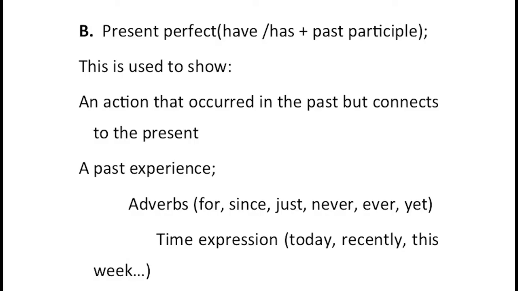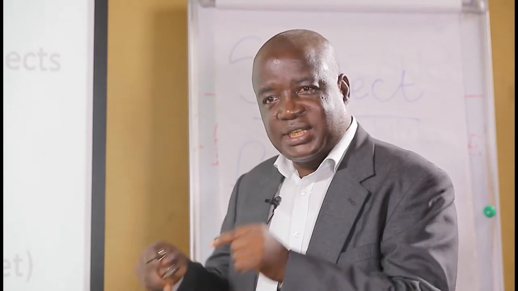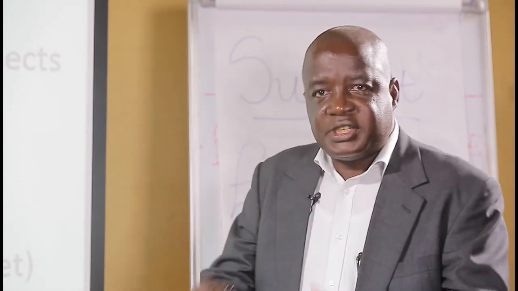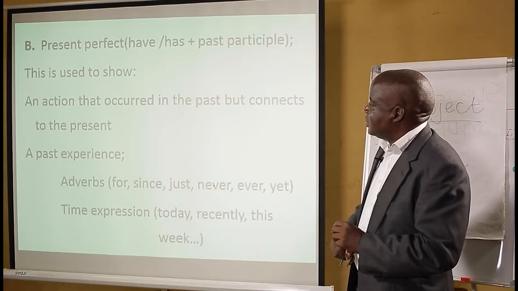Present perfect, using have or has plus past participle. This is used to show: 1. An action that occurred in the past but connects to the present. Now, this action happened in the past, but it is still very germane for the moment. And 2,